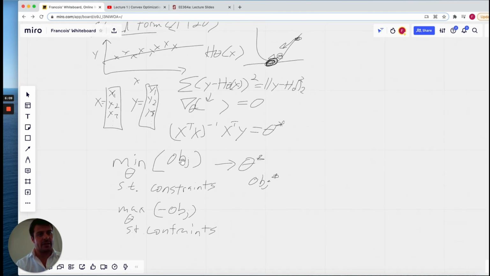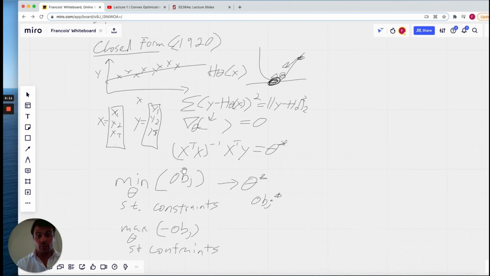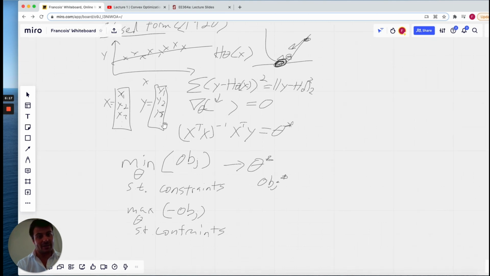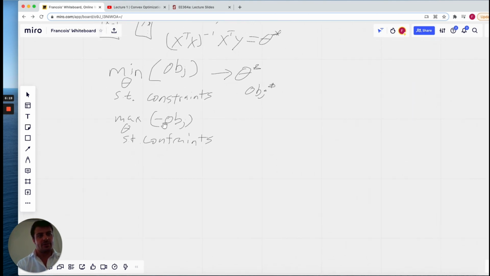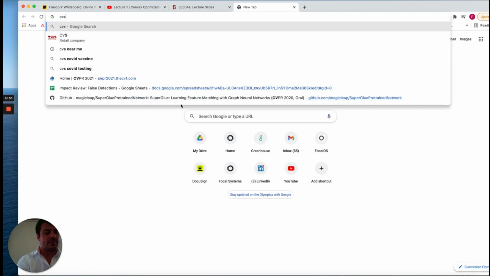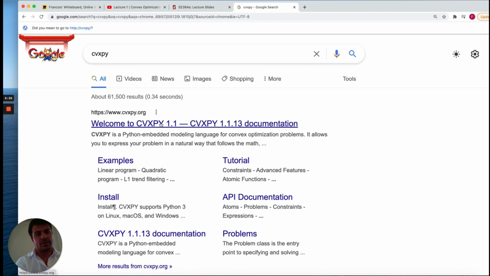If the objective is convex and there's a closed form solution for it, like regression, then you're all good. You don't have to use any SGD or anything fancy. If the objective is non-convex, or if the objective is convex but there's no closed form solution, then you need to use a solver like CVXPy,